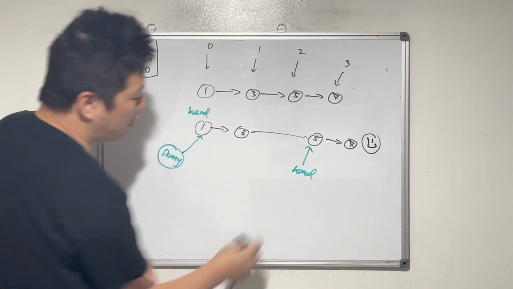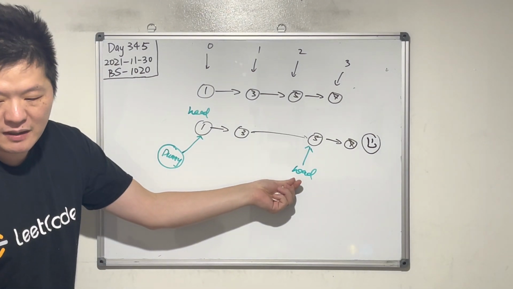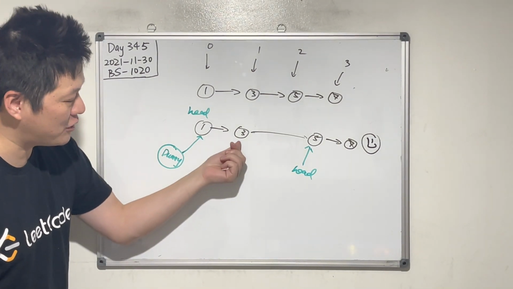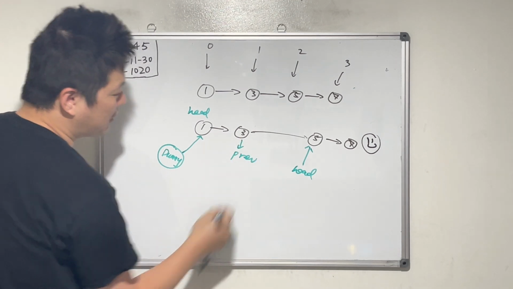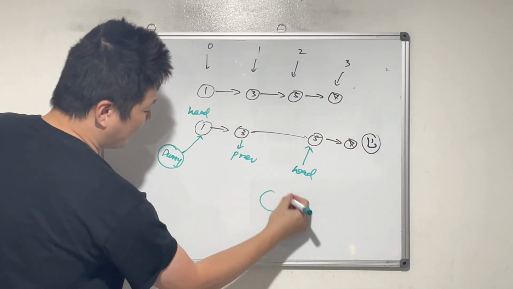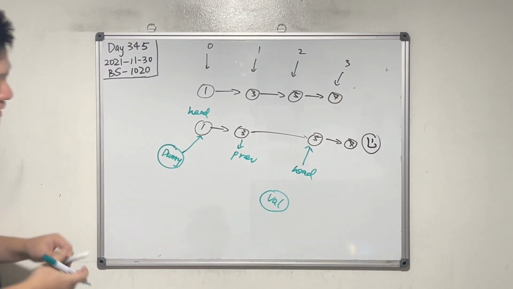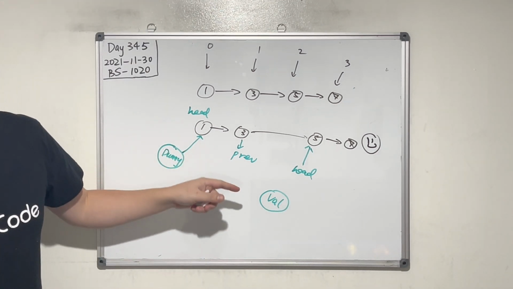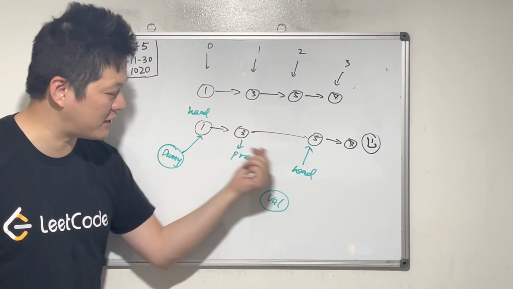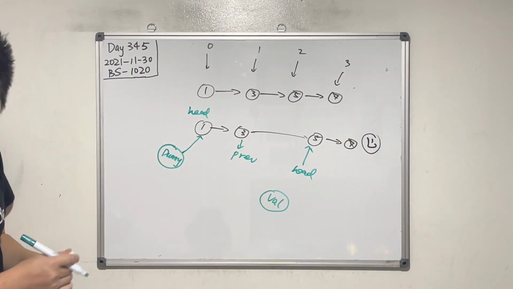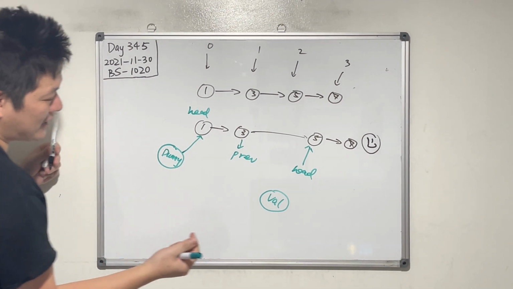But we also need to remember the previous node, which is this one, right? This is the previous node. So what should I do now? I have this value. So look, this is exactly the situation. I want to insert the value between the previous and the head, right? So the first step is